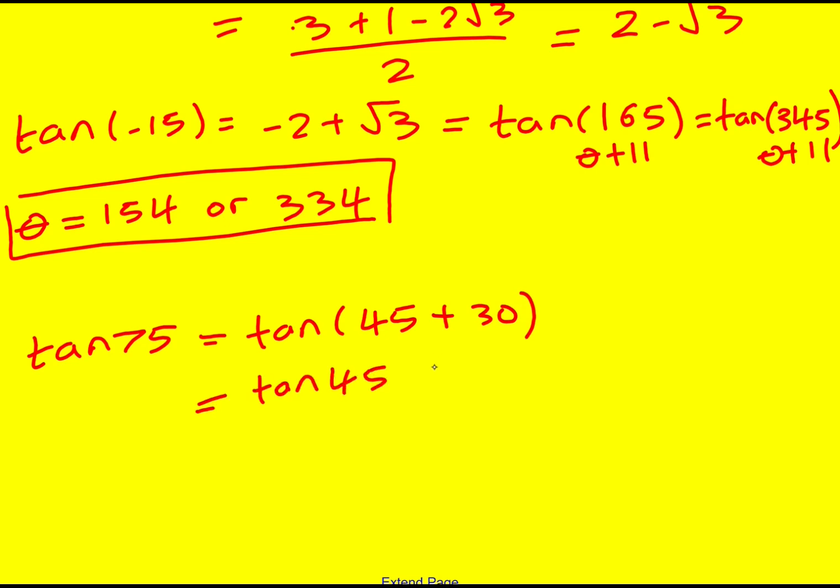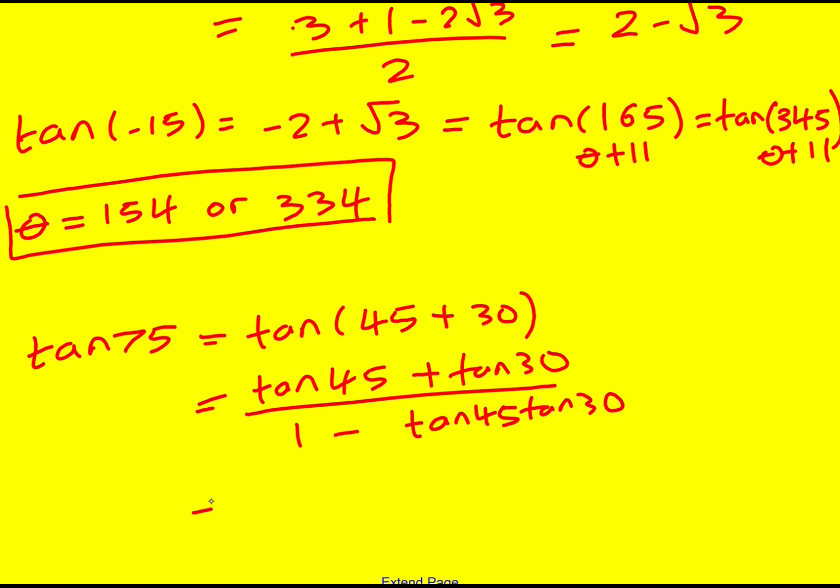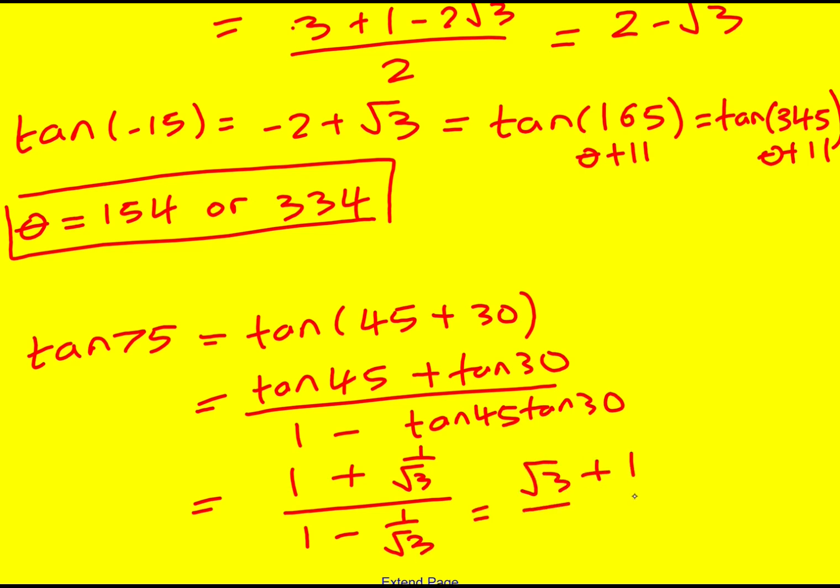So tan 45 plus tan 30 all over 1 minus tan 45 tan 30. 1 plus 1 over root 3 again, this time over 1 minus 1 over root 3. Which is root 3 plus 1 over root 3 minus 1, times by root 3 plus 1 over root 3 plus 1,